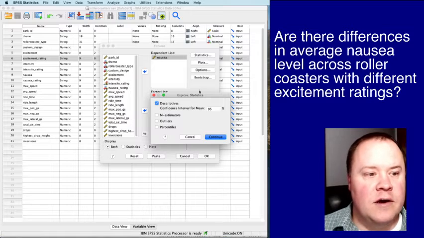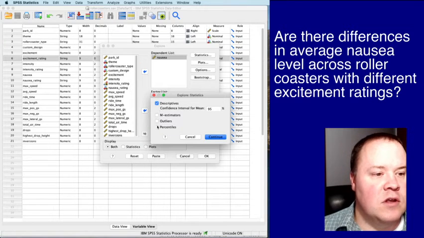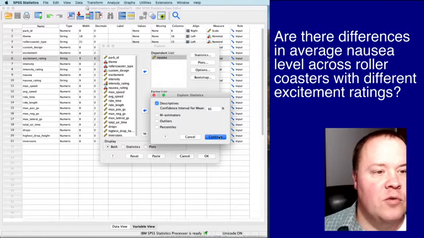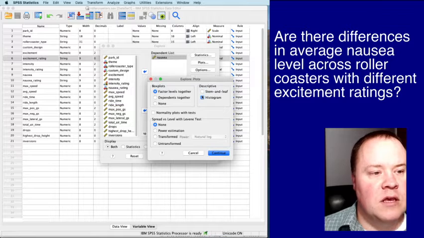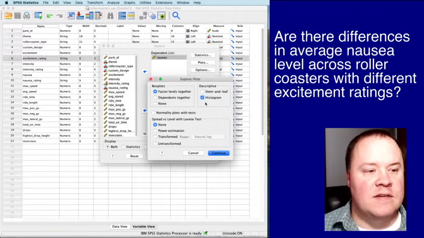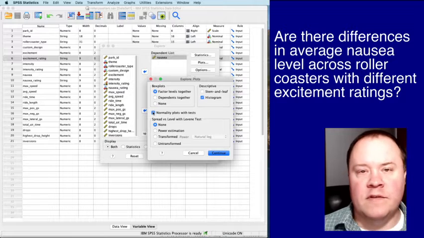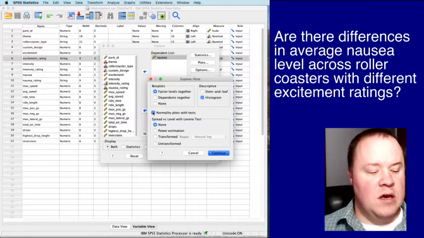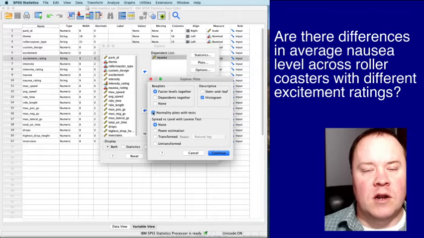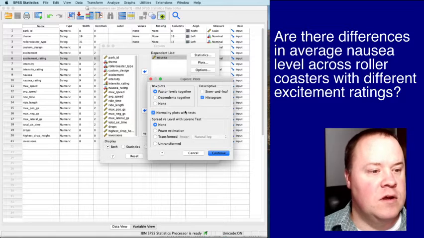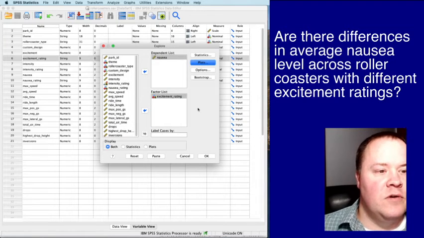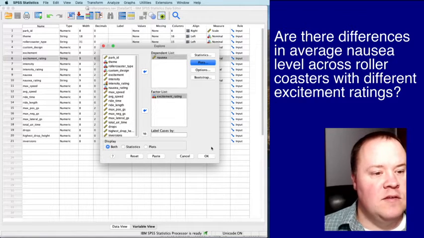So take a look at these other options as well. You have statistics. I'm not going to put this in here, but you could look at outliers or percentiles, so I'll show you what's there. Perhaps the most important thing here is we don't really want to look at a stem and leaf. A histogram is much more helpful for us. And it could be helpful to look at normality plots with tests because we are looking forward to running an Anova with this, which does have a requirement that data are normally distributed. Click continue. And make sure that we're displaying both statistics and plots here. So if we click OK on this,